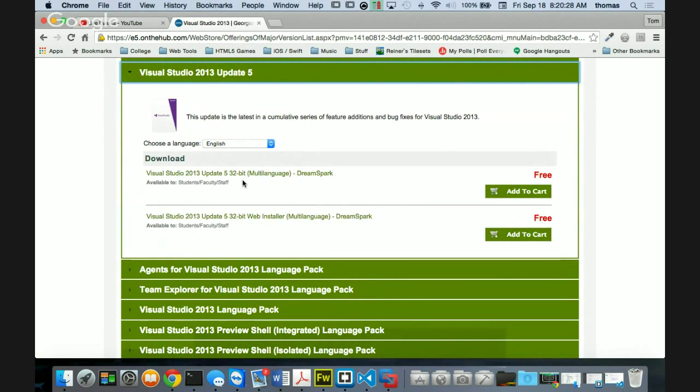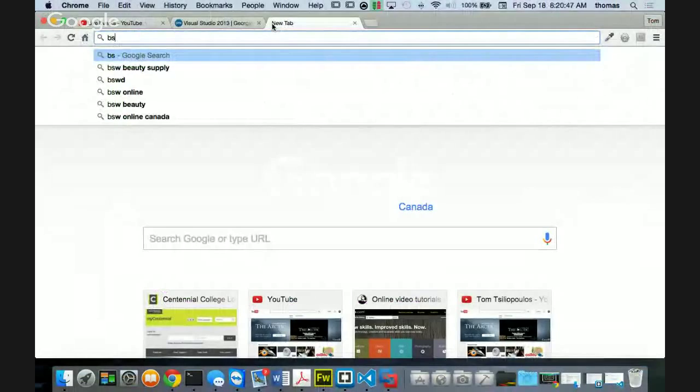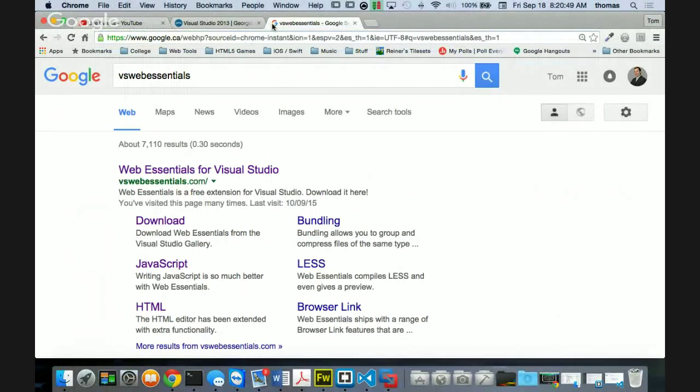Now, even though it says 32-bit, don't worry about that. That's what they have, right? But it's the ultimate version, and it runs really, really well. On top of that, you would add in Visual Studio Web Essentials. That's the other thing that I would recommend with Visual Studio. So if I was going to go to VS Web Essentials, because I'll be honest with you, Visual Studio alone is pretty cool, but Visual Studio with